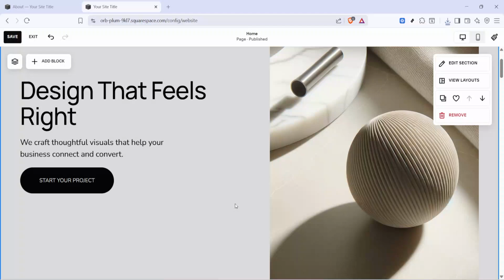In today's video, I'm going to teach you how to lightbox anything in Squarespace. A lightbox is a simple, elegant way to let visitors click an image and see a larger version in a focused overlay without leaving the page. It's perfect for portfolios, product shots, or any visual you want to highlight while keeping everything else dimmed in the